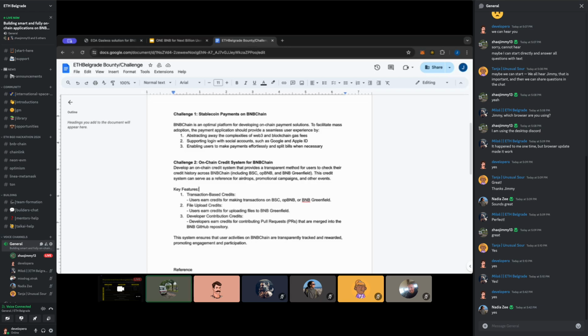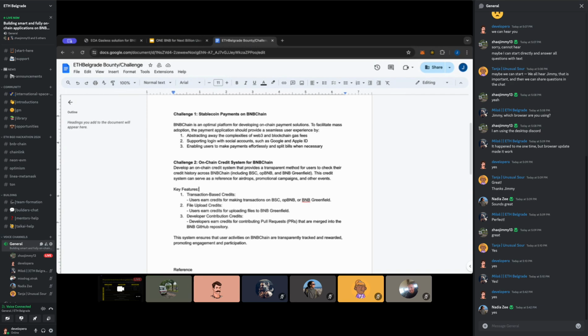For example, users can log in with their own social media accounts, such as a Google or Apple account, and they do not have to worry about the complexities of Web3. They can just use it as a normal application, and they can recover their accounts using their email or social media, and also make payments effortlessly. And if necessary, the user can also split the bills.